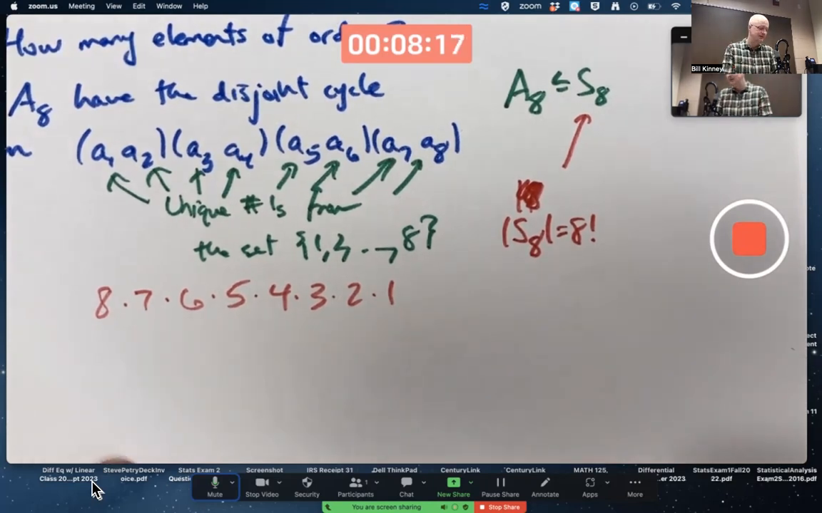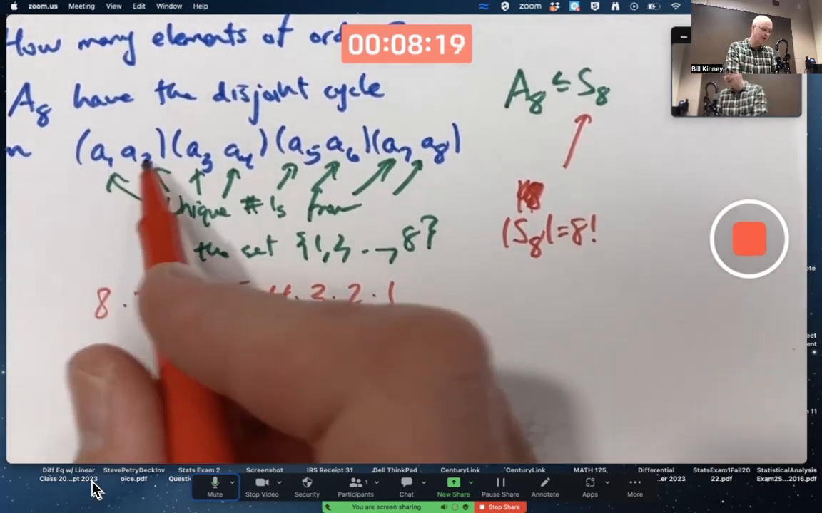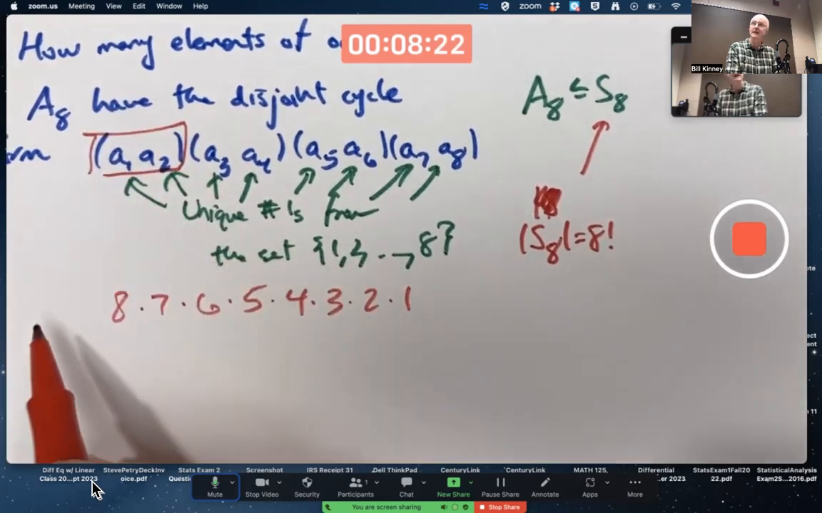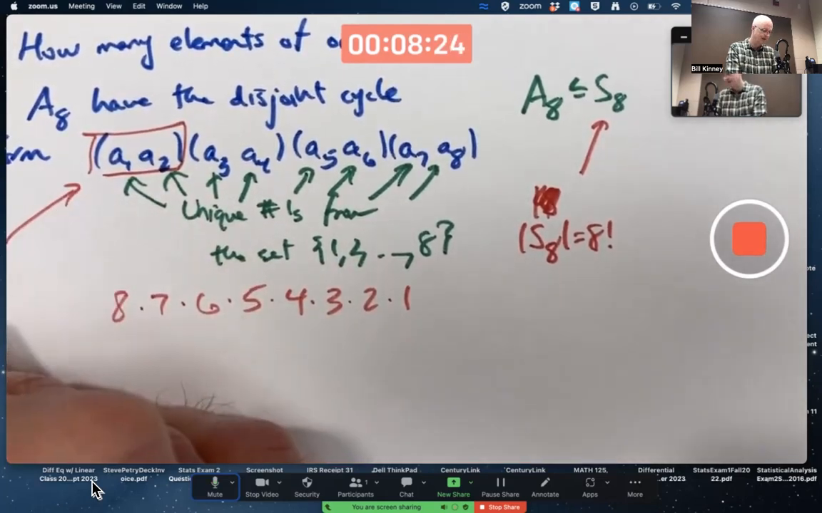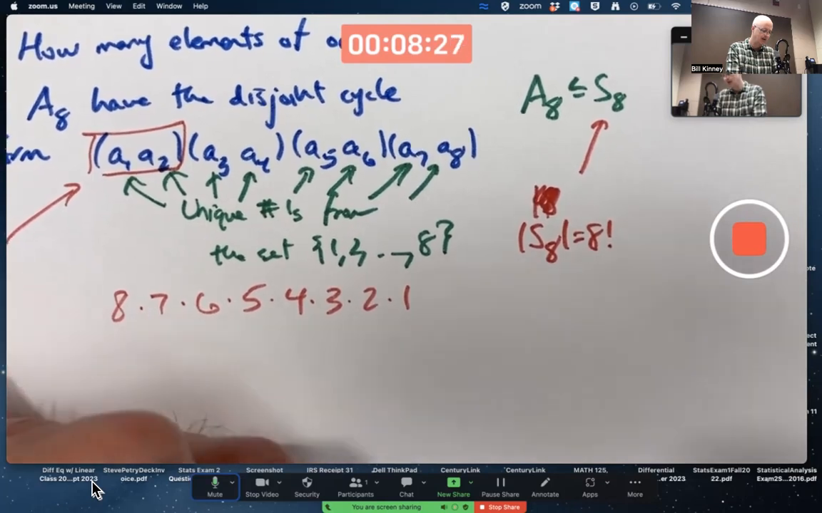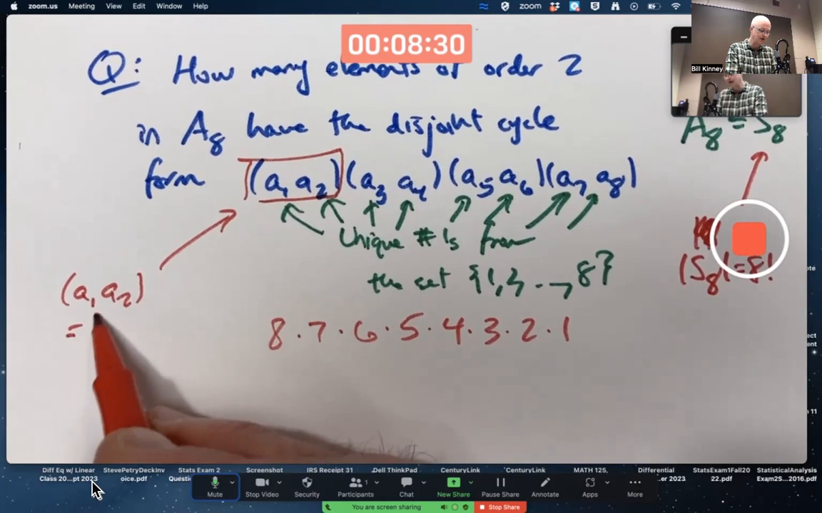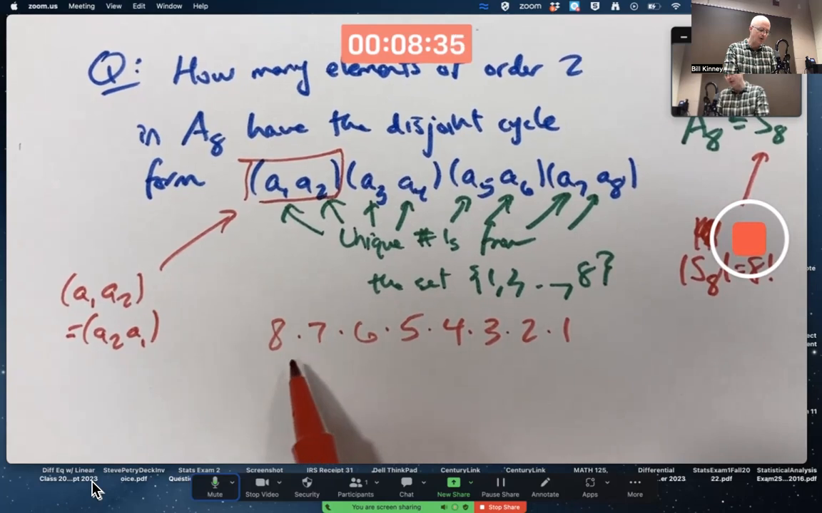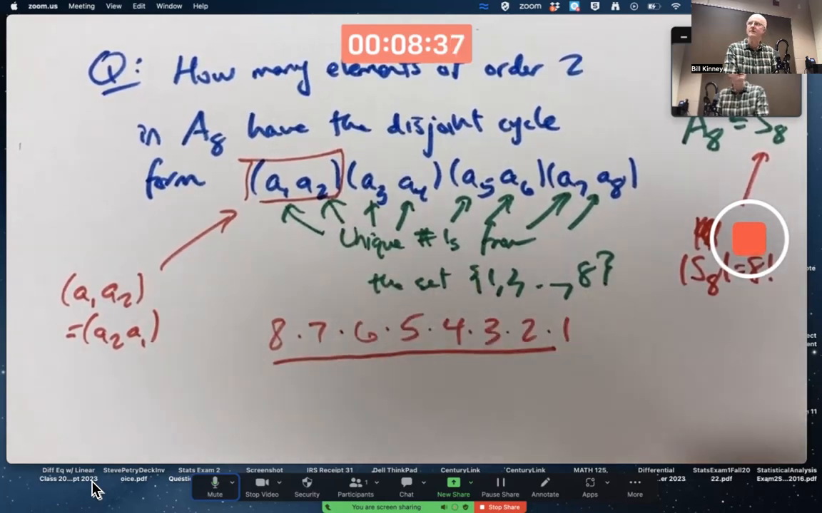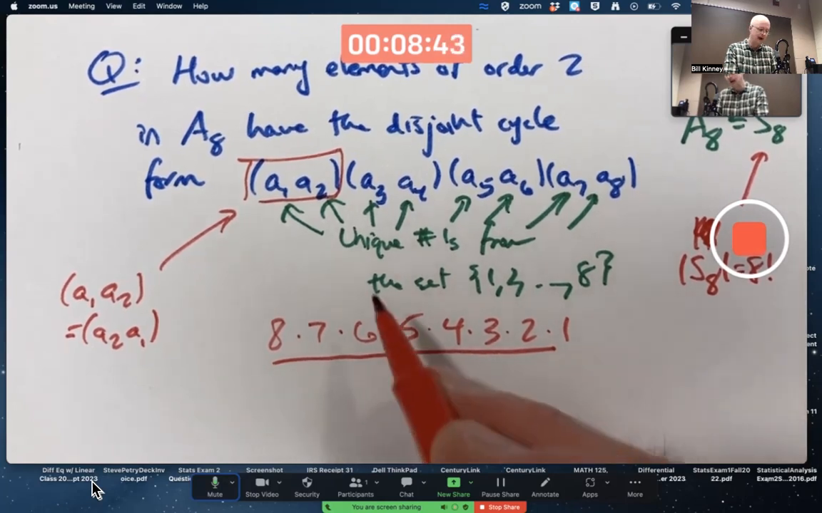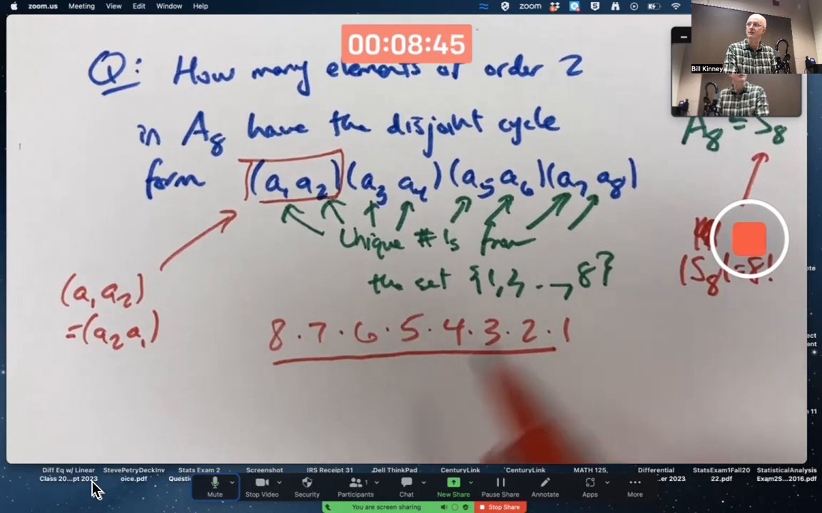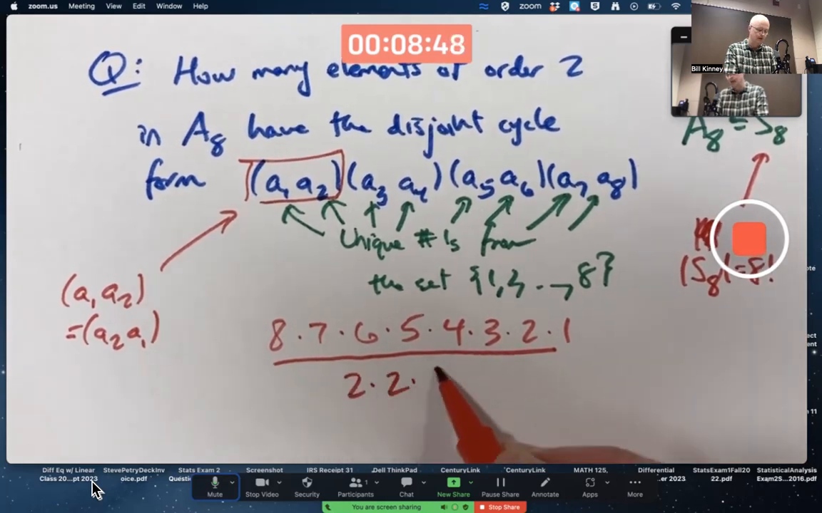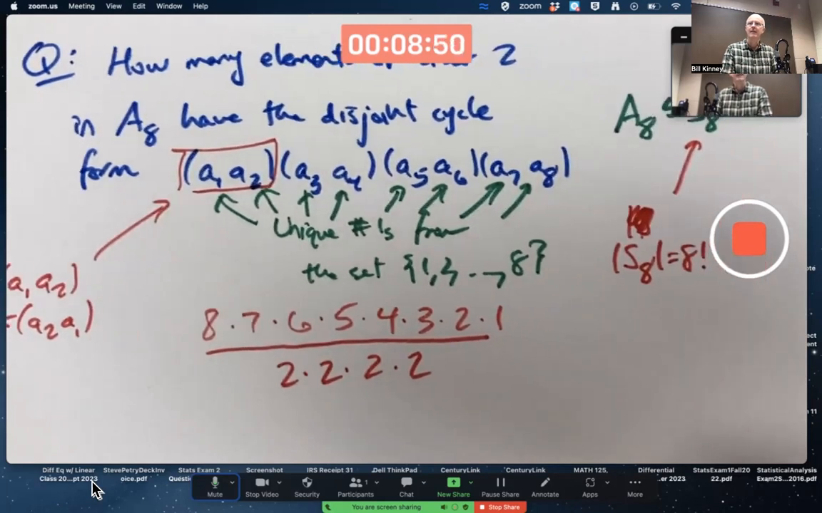Then you remember some things that we've said. When you write a permutation like this, it's not unique. A1, A2 is the same as A2, A1. And that's the case for each one of these 4 2 cycles. So one thing I have to do to account for that is I'm going to divide by 2 times 2 times 2 times 2, because there's 2 ways of writing each one of those. But before you celebrate, we're still not quite done,